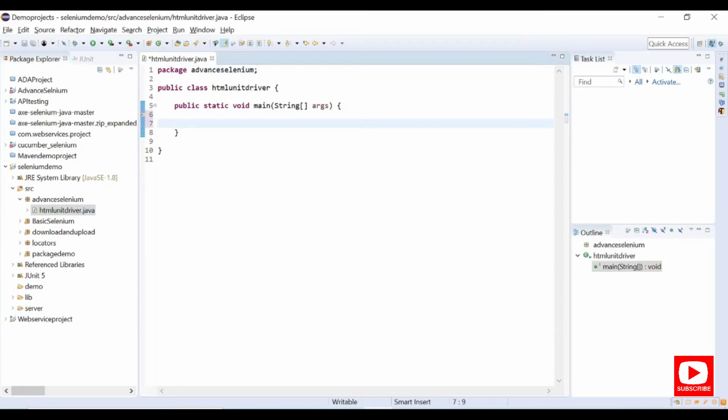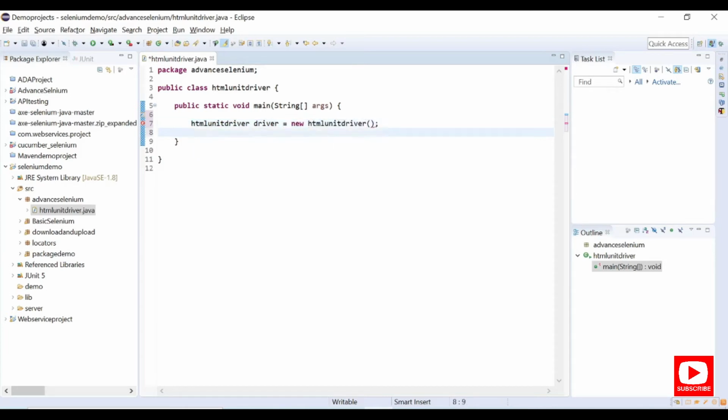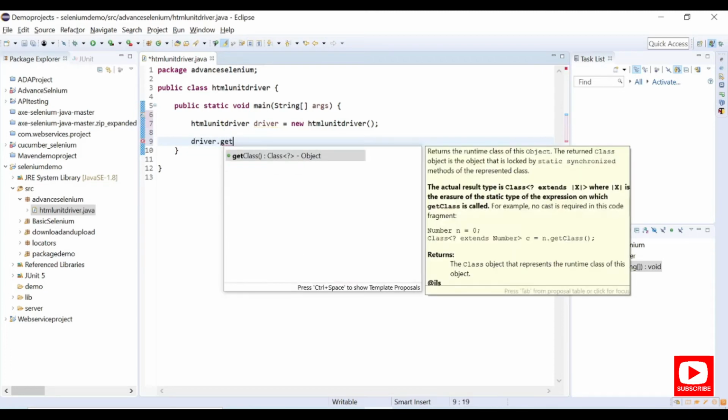What I have done till now: we have downloaded the HTML driver, we have pasted it in the build path, and we are trying to invoke the HTML unit driver. Create an instance as driver equal to new HTML unit driver, and we need to import those packages. Now using driver I will try to get the URL.